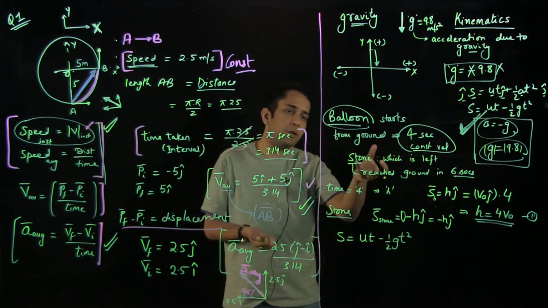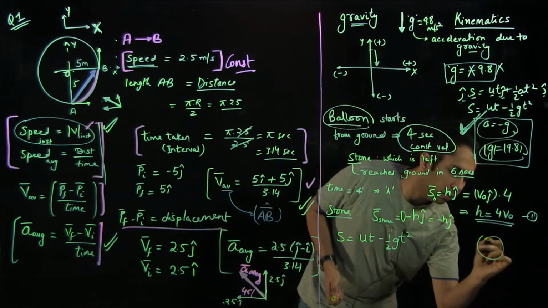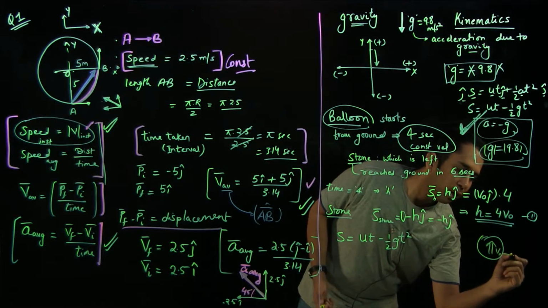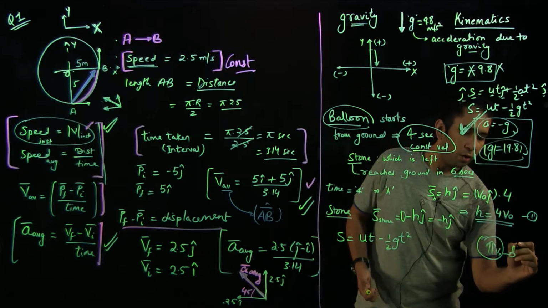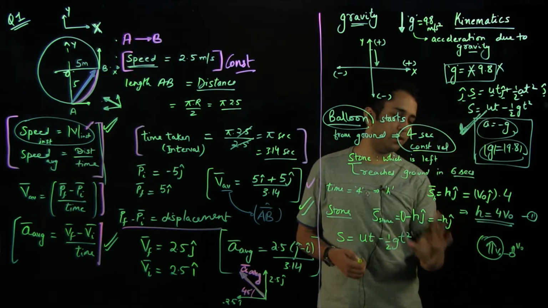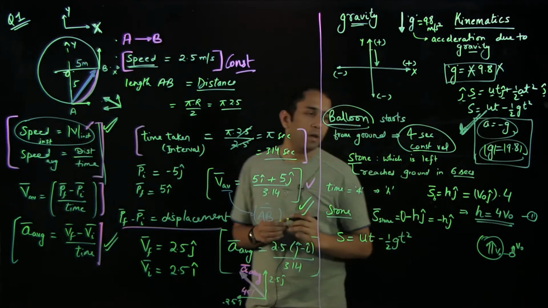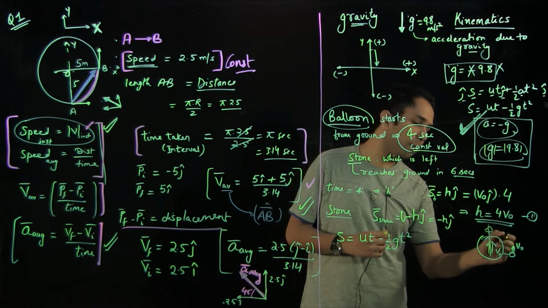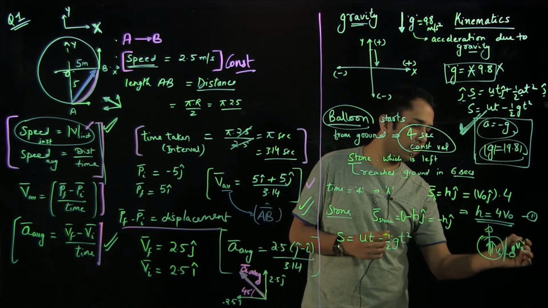So the initial velocity of the stone would also be v naught. If the balloon is moving at v naught, the moment I leave a stone from here, it would also have an initial velocity v naught. Because there is a mechanism associated with the balloon which keeps its velocity constant at v naught, the balloon will keep on moving upward at v naught, but because the stone is detached from it, it will have an initial velocity of v naught, and then it will come down